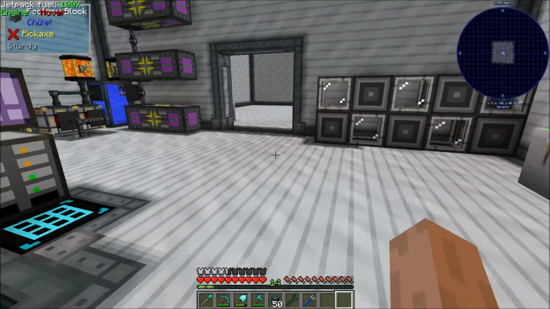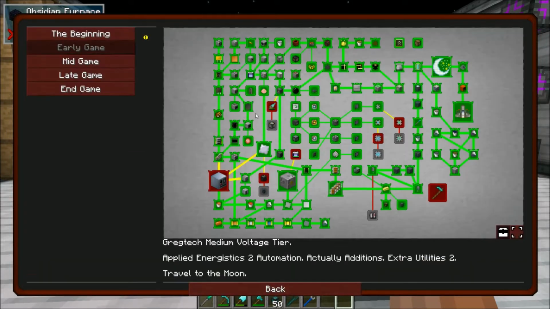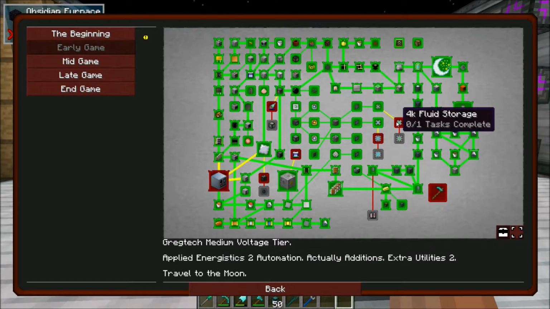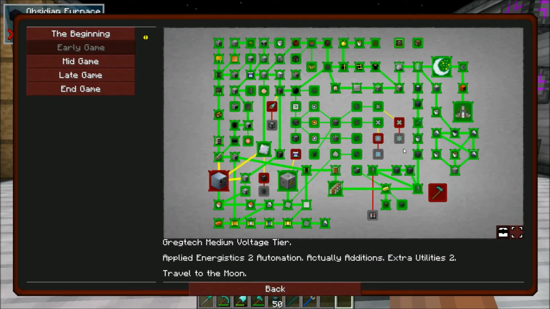So today, what I want to work on is a few things. If we take a look in our early game tab, this is looking pretty much completely done. There are a few things, like we could probably get some of the bigger item storage and fluid storage disks, is that what they're called? Storage components? Sure. For Applied Energistics, I'll probably get that eventually, but I'm not in too much of a rush to get there. We can make a drill, some of these little ones, but